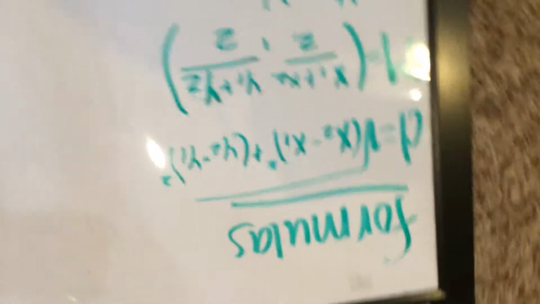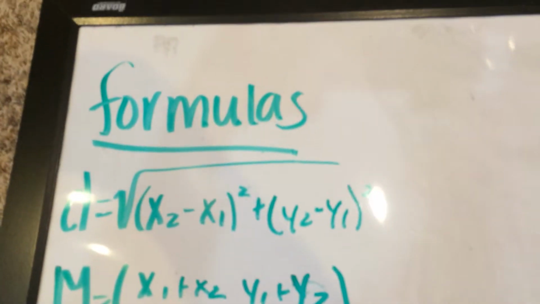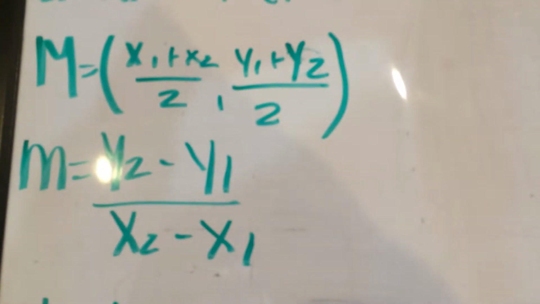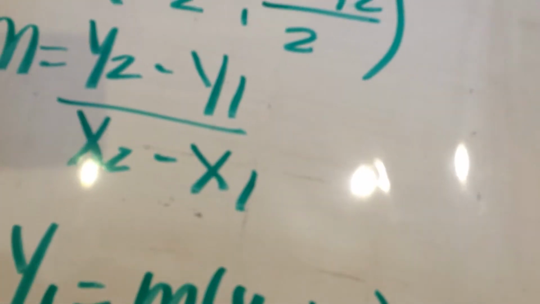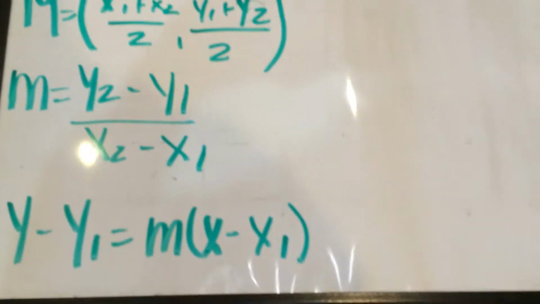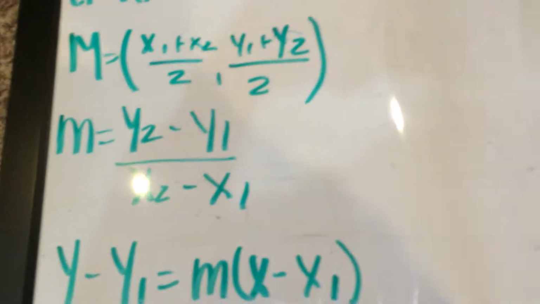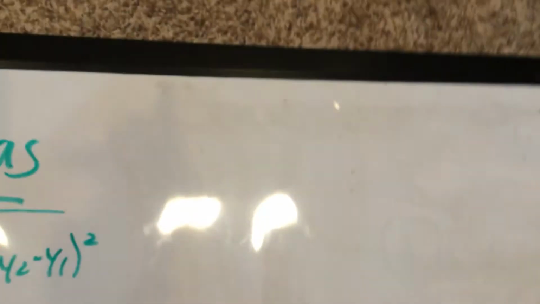So, first thing you're going to need to learn, or if you have not known by now, flip it. So your formulas: distance, midpoint, slope, and the equation of a line. All three, very important. You are going to need all three. Telling you guys right now, there is going to be a